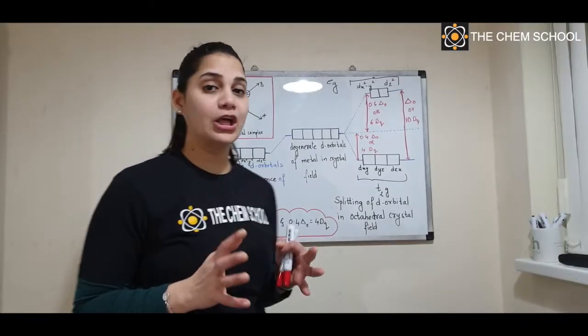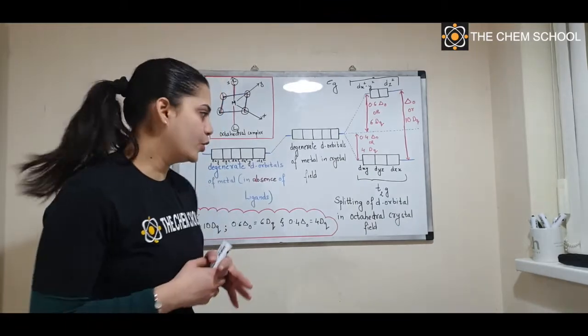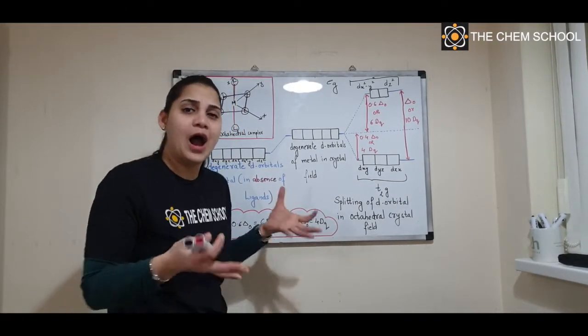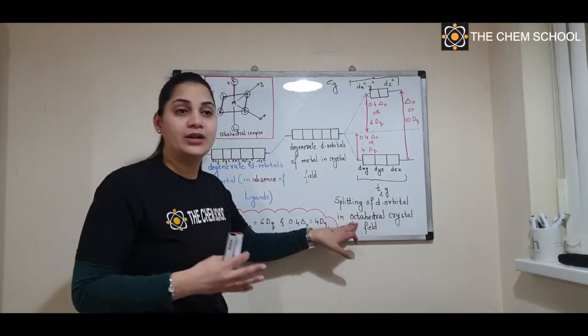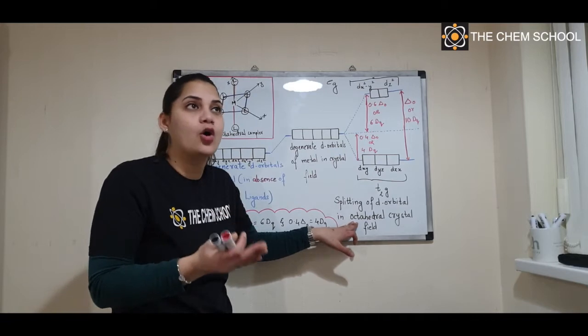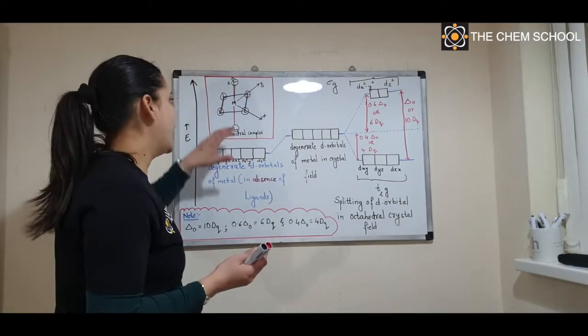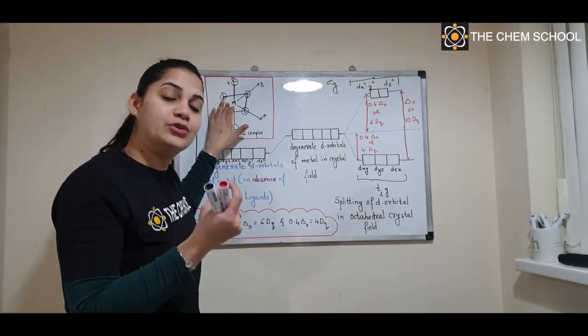Let's start building the concept for understanding crystal field theory. What we are going to do here is understand what the splitting of d orbitals is and how it comes into the picture. Before that, you have to understand what octahedral complexes are. Now imagine that you have a metal, and we know that we are talking about the transition metal, that is, the central metal atom.